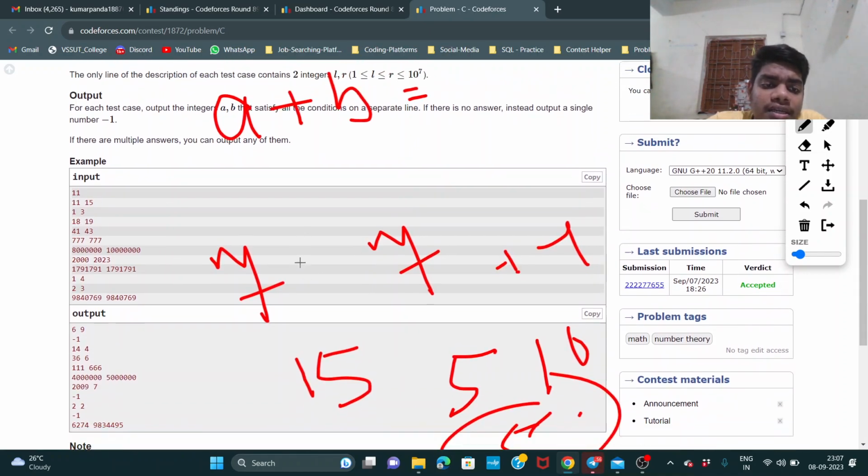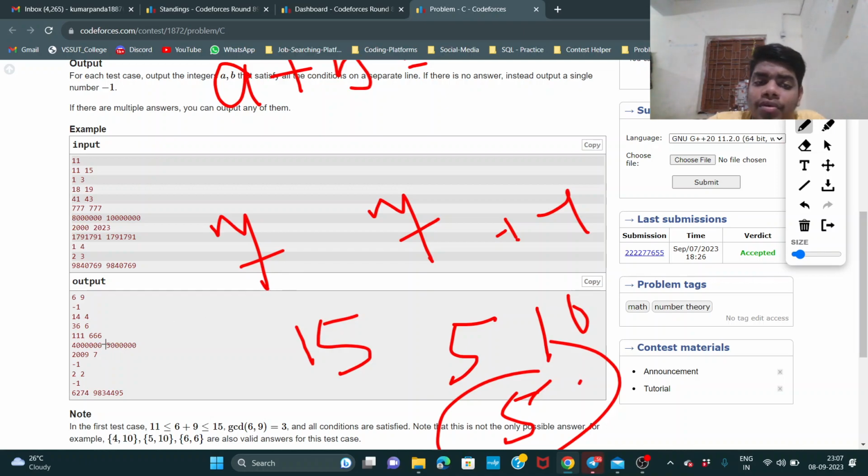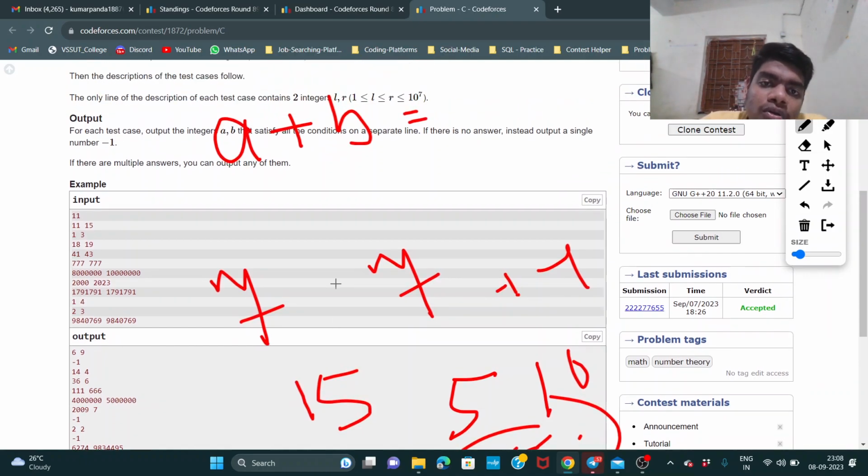Okay, so this is the only case where the L value is equal to the R value, because other than this, if you take any two consecutive numbers or any range where the R value is greater than 3, and the number of elements in that range is greater than or equal to 2, in that case you always find an even number greater than 2. But this is the only case where L and R are equal, and that is an odd number. So in this case,